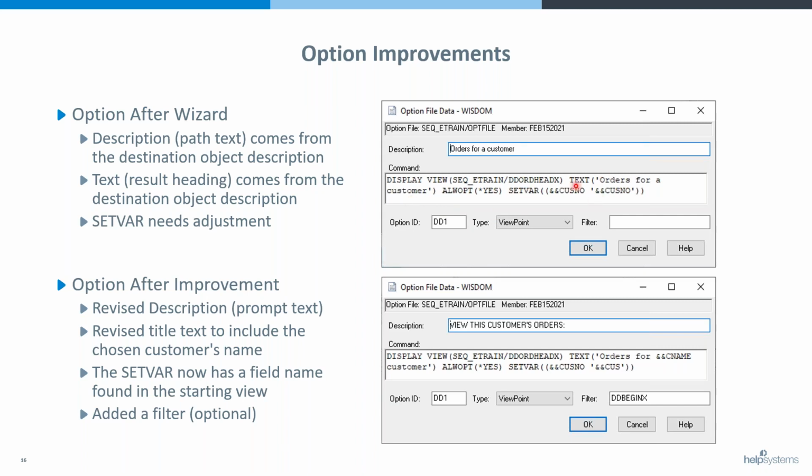But it has identified that we want to drill to DDORD head X. That's the view that we want to drill to. And it has decided to create a set var. We'll talk more about set vars shortly, but this is where we relate the field to the variable based on what it knows from view 2. So view 2 has a variable called ampersand custno, and it's used it in the set var both as the